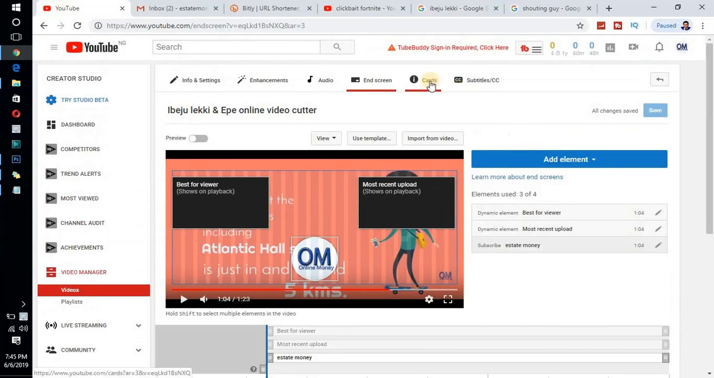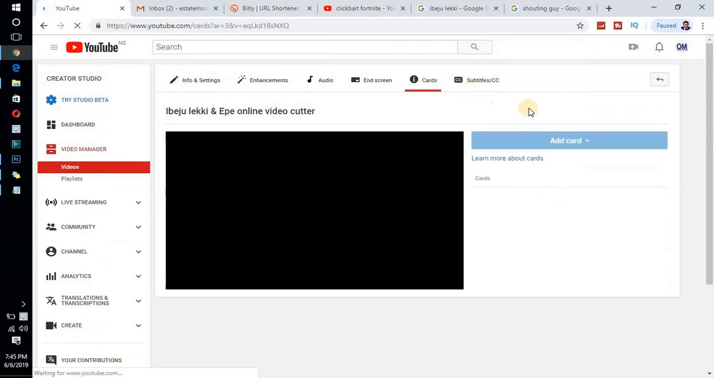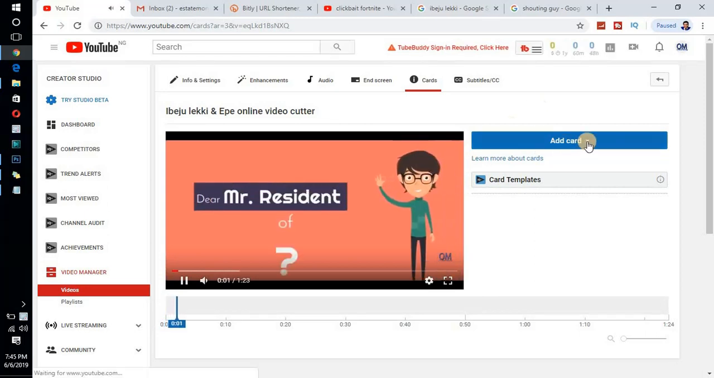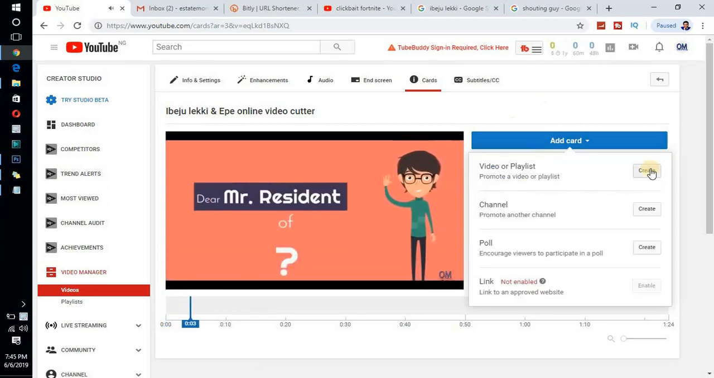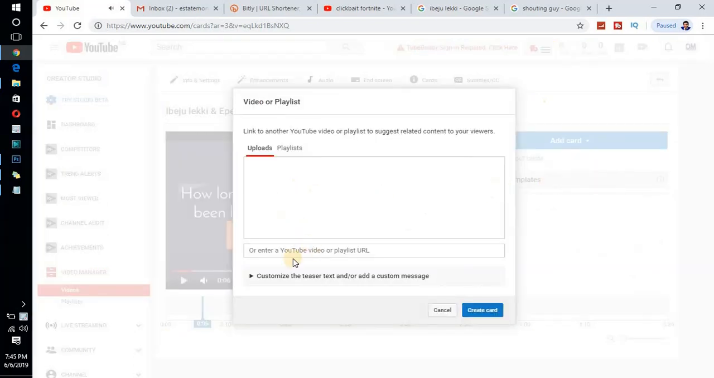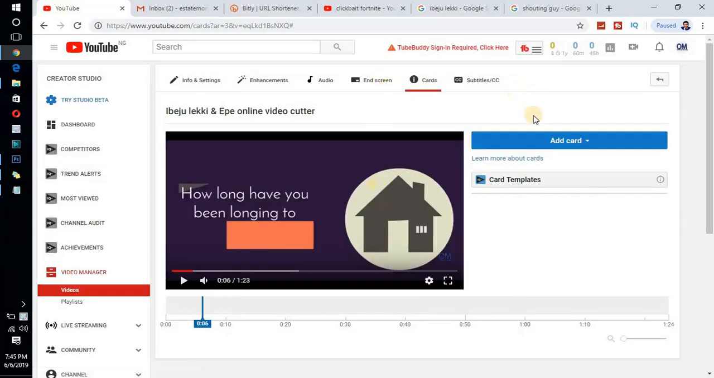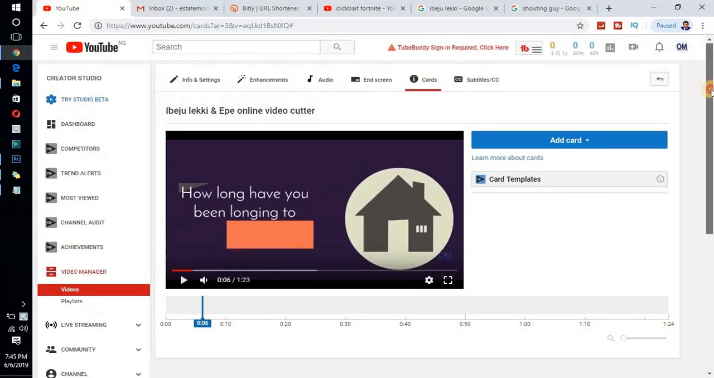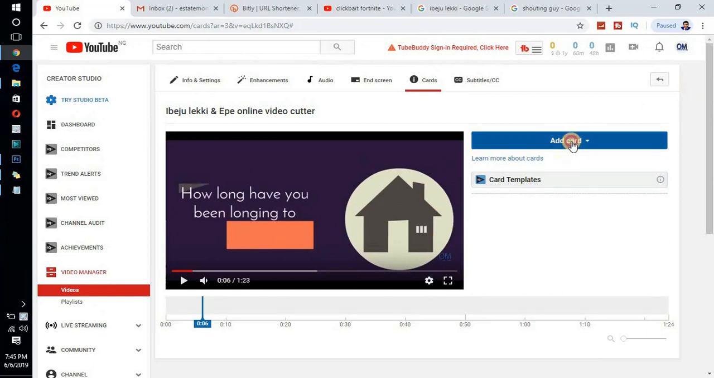Another thing you can do is add card. These cards will help you to do some stuff. Let me show you what card does. Add card. I can't add card because I don't have any other videos of this one. That one I skipped it. So anyway, I have another video. When I click on add card,